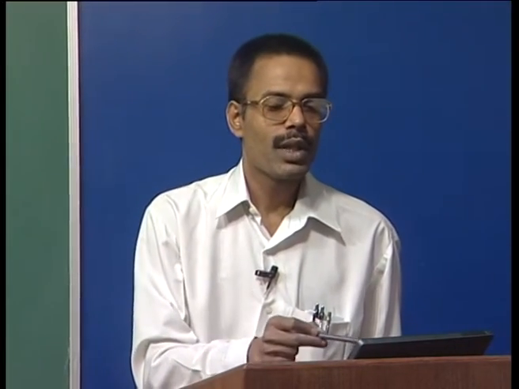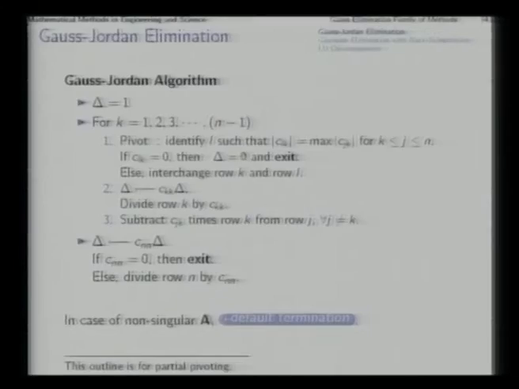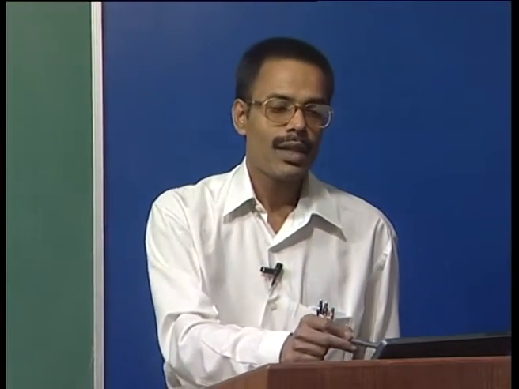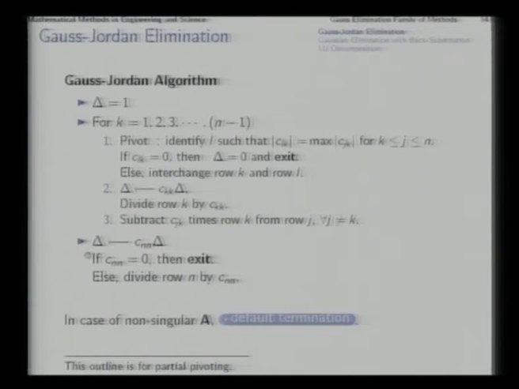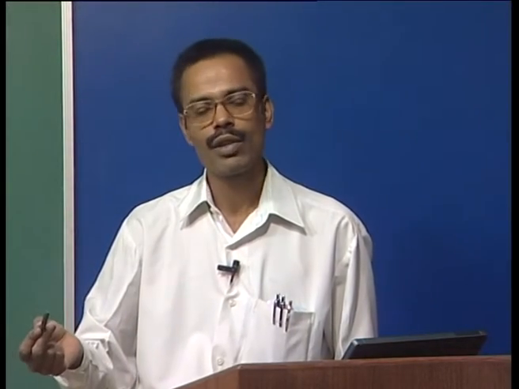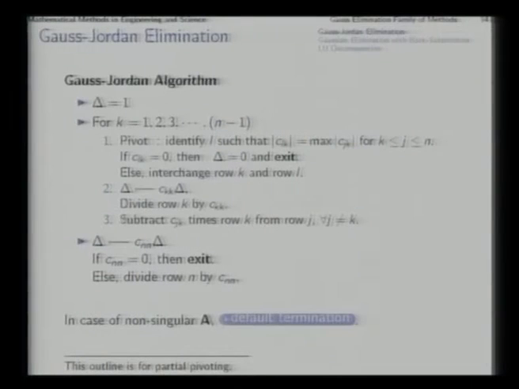One, in order to use for the exit clause, that is if a singularity is detected, then the determinant value is set to 0 and the program is exited. The other purpose for which the determinant is used here is for evaluating the value of the determinant itself, that is as a byproduct. That is, this process of Gauss-Jordan elimination in itself embodies a method to determine the determinant of the matrix. For that, another separate routine is not required. So, in this method the determinant value turns up as a byproduct of the entire process.